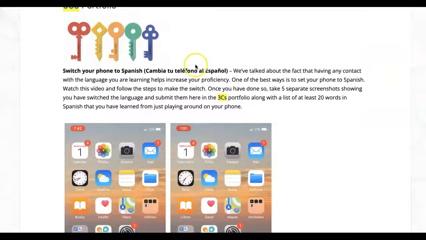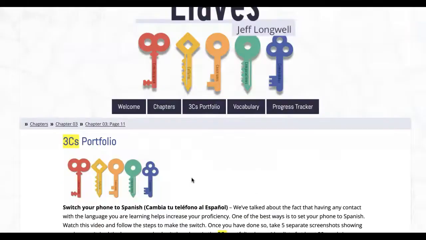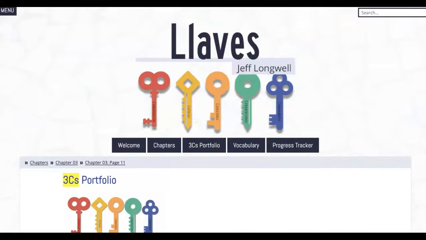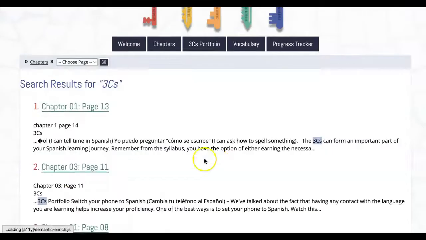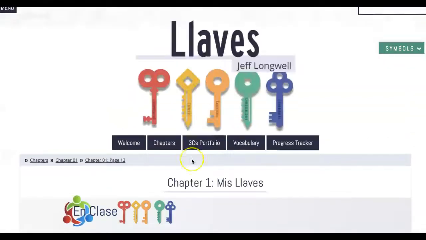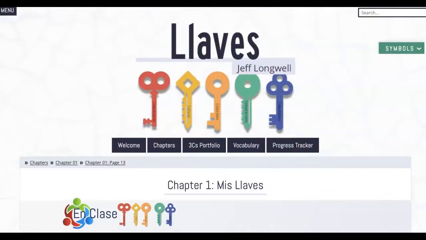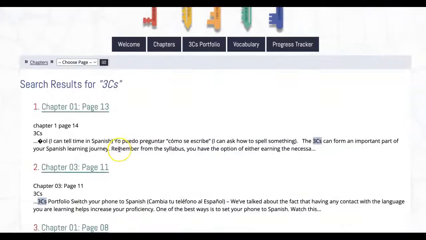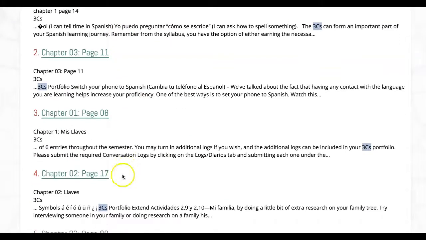Again, you aren't required to do each of these individual ones, but as we see in the syllabus, there are two activities required per chapter, so you'll have a total of 10 by the end of the semester. This just helps you get an idea of some different things that you can do for the 3Cs portfolio. Now, these 3Cs portfolios, or the activities, will be turned in Canvas. Okay, so if you end up doing one, for example, in